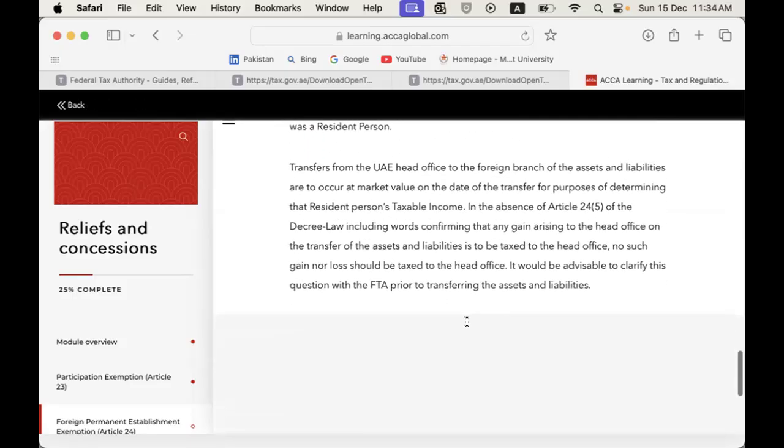Transfer from the UAE head office to the foreign branch of the assets and liabilities are to occur at market value. Just one important point we should remember and consider is the transfer pricing aspects. Because that foreign branch is under our control, under the UAE taxpayer's control, you can manipulate the profits of that, right? So, attribution,